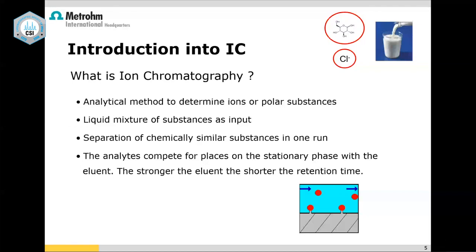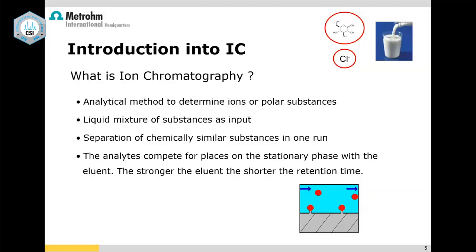Of course, there is importance in determining those ions. Why nitrate has to be determined, why bromate has to be determined, why perchlorate has to be determined. All of those have their own importance. Then here, as in any other chromatography, the input is always a mixture, and the output expected is the separated components from a mixture. You can do it either qualitatively or quantitatively, but the majority of IC is quantitative. IC is being used as a quantitative technique.